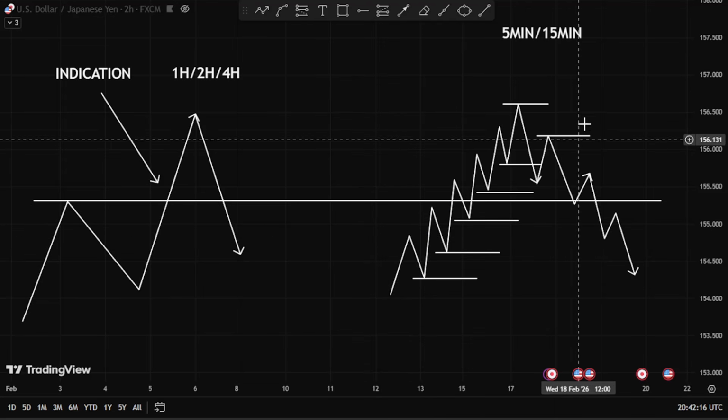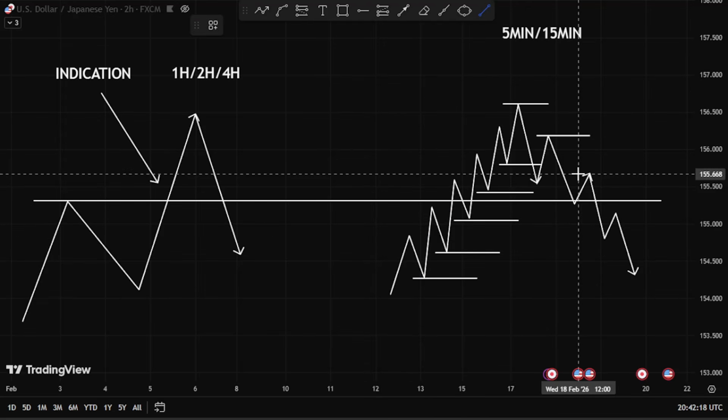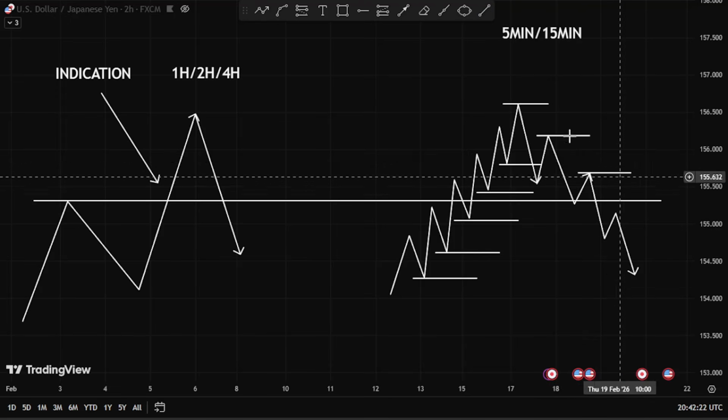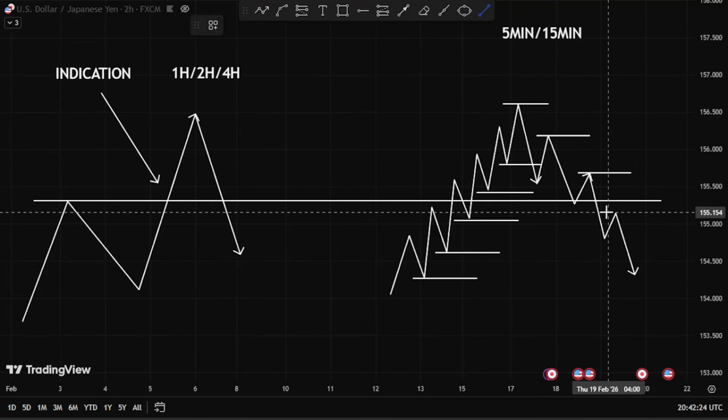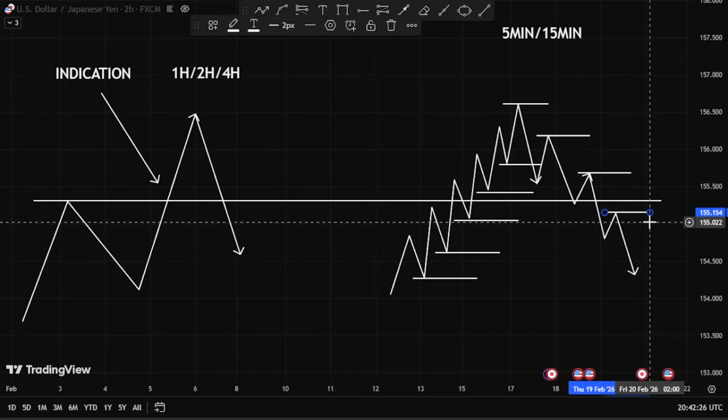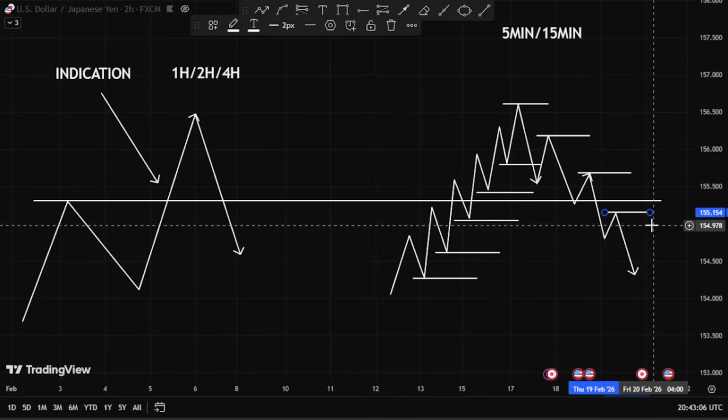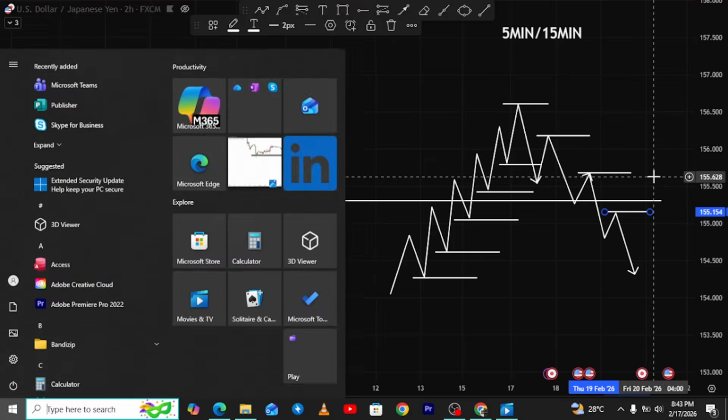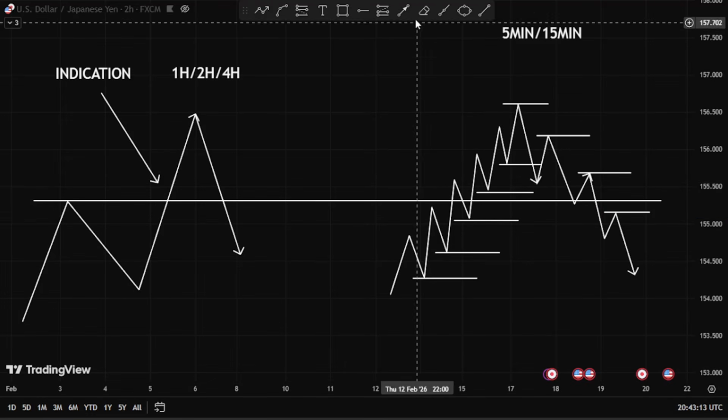So now you're going to be marking your swing highs. You're going to be marking your swing high levels. This is the correction. So now to recap, we know that